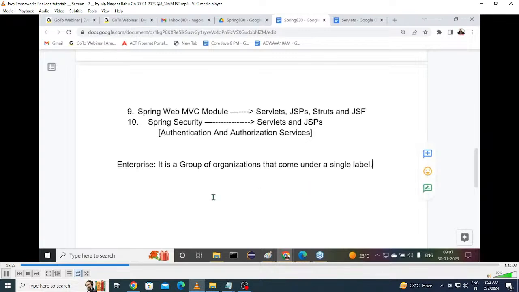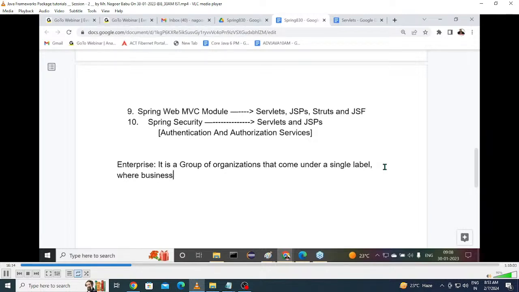This is called an enterprise. And one more point: it is a group of organizations that come under a single label where business is going on.